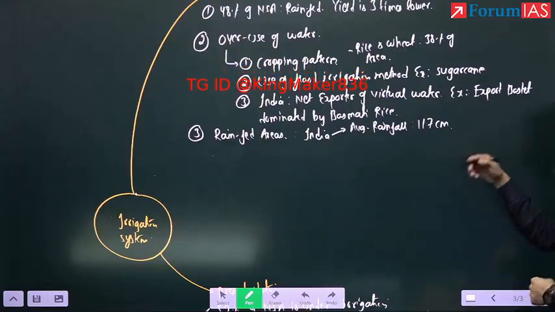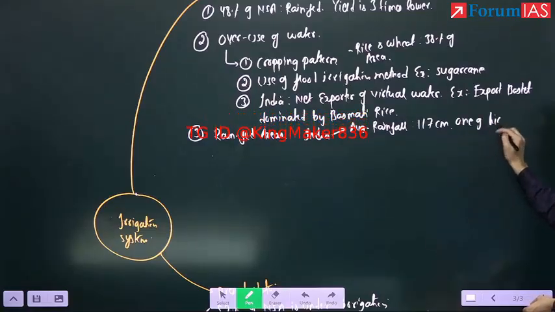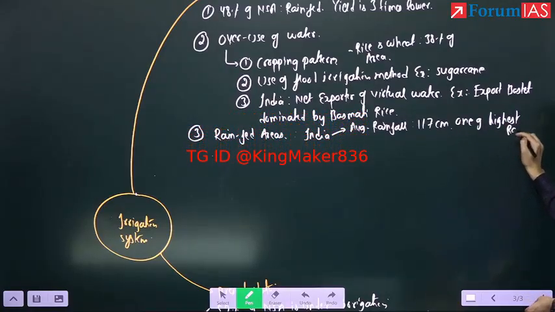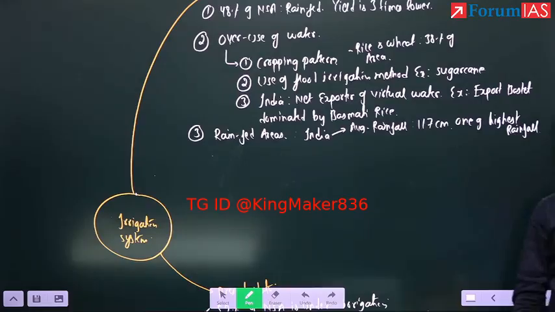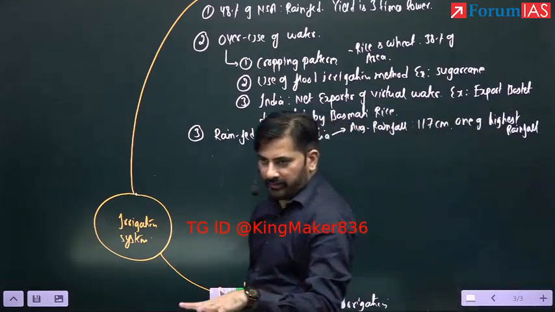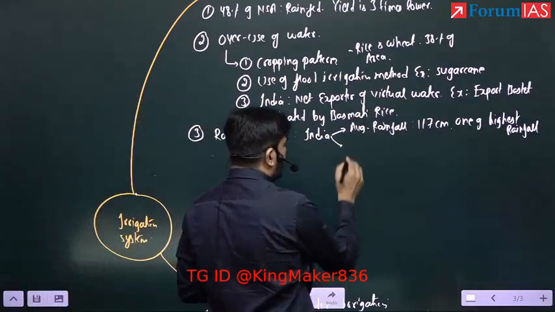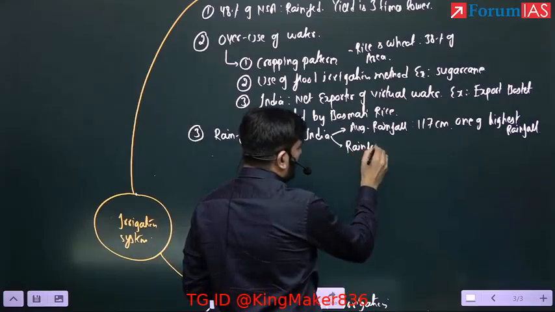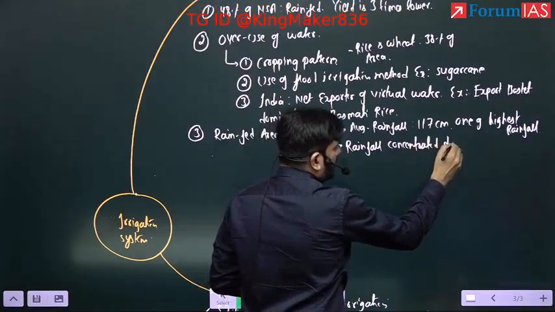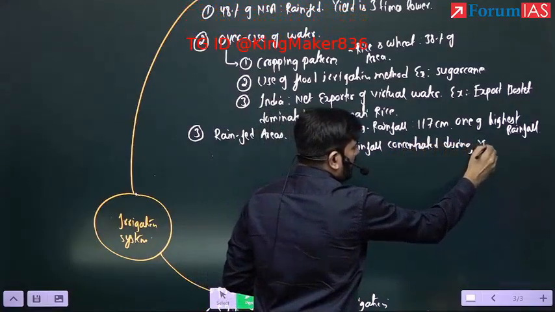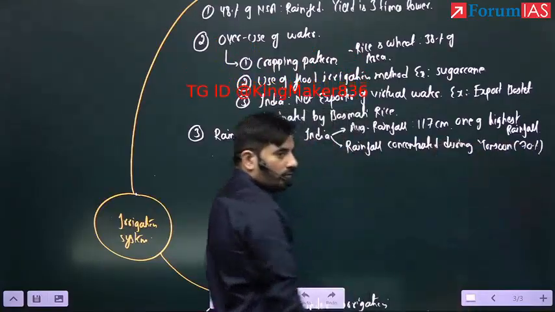And that way, India receives one of the highest rainfall in the world. Ideally, we should not be facing the water crisis then, right? Because of the amount of rainfall. But the reason why we are facing water crisis is this rainfall is concentrated during which months? Yes, monsoon months. Almost 70% of rainfall is concentrated during monsoon.